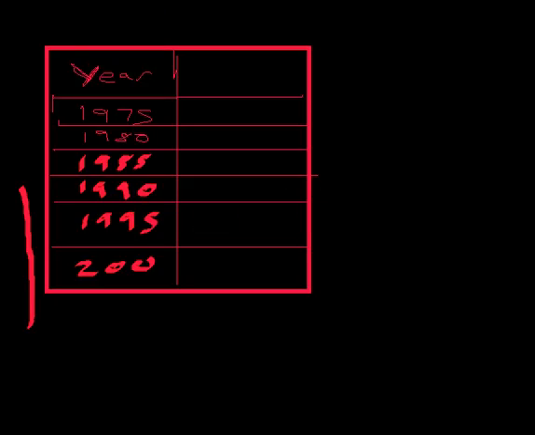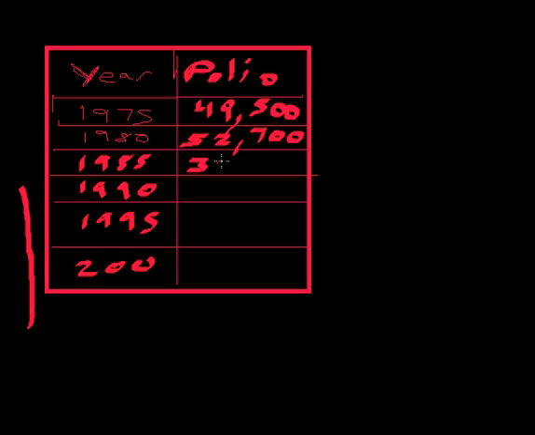Cool. So in 1975, polio worldwide, the number of people affected by polio was almost 50,000, about 49,500. And then, this is worldwide, by the way, in 1980, it jumped up even scarier, to about 52,700. And then in 1985, it looks like it started getting a handle on it, a little bit less,